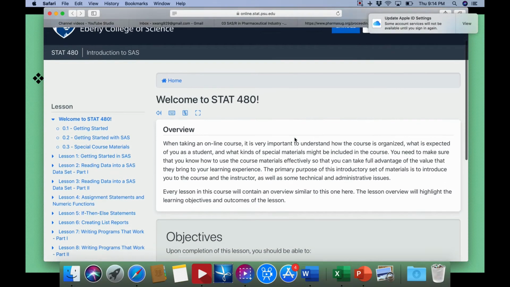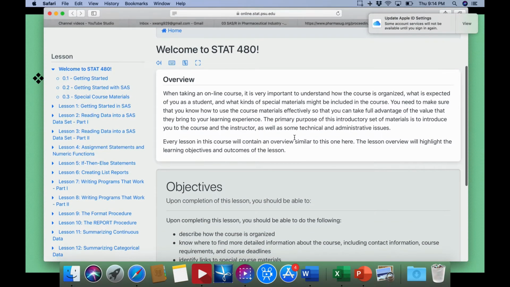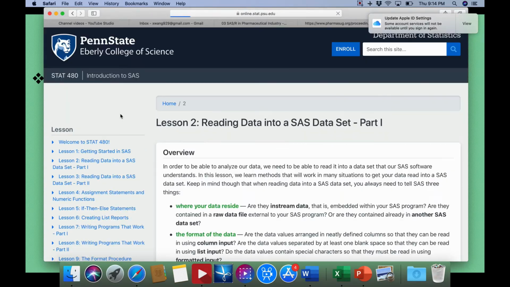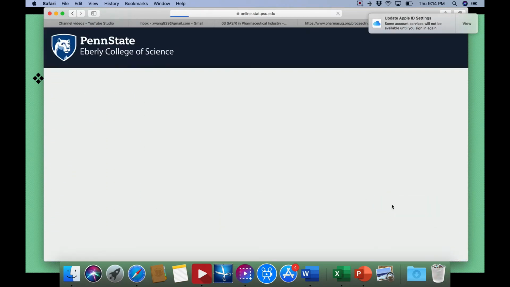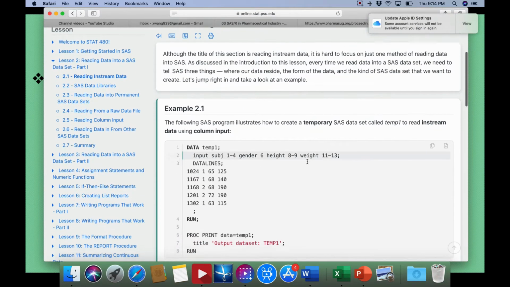You can see this website gives you really good knowledge about base SAS. The reason I like it is because it has really concise explanations for SAS knowledge, and it has a really good amount of examples. Just click one for you. As you can see,